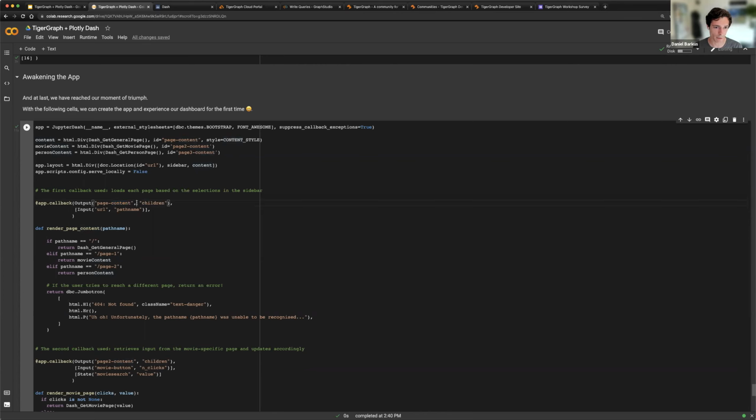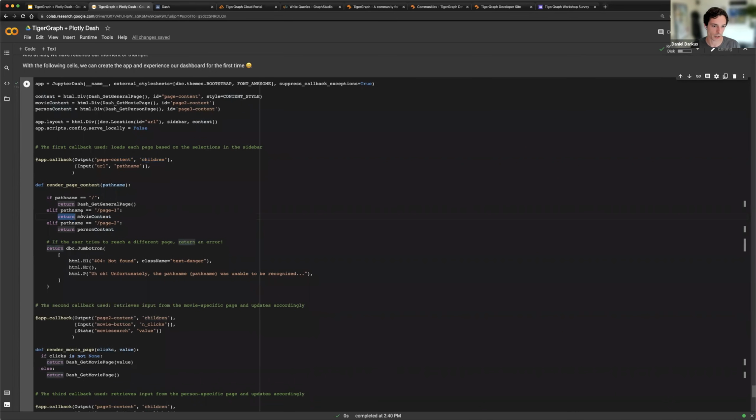And then the second thing, everything after the comma, just defines what part of this we're going to affect. So page content is grabbing our entire web page, and children is the children HTML of that web page. So we're grabbing our entire web page and we're replacing its children with the return of this callback function. So in this case, that is the entirety of our movie content page, or that is the entirety of our general page. So these callbacks can be a little tricky to wrap your head around at first, but basically